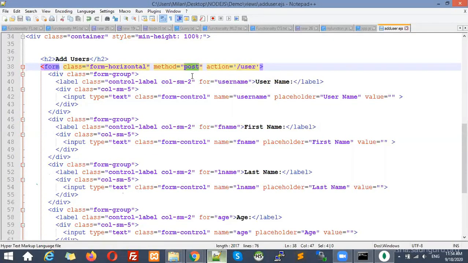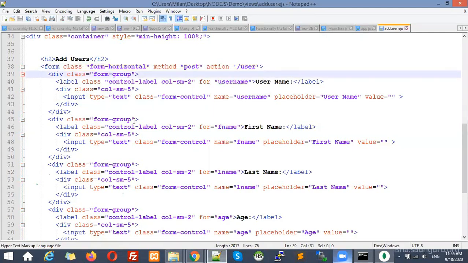So I have to mention that I am going to use a post method, and then if I type /user, all this input data will be sent to this URL, and this URL has to perform the insertion of the data, right?